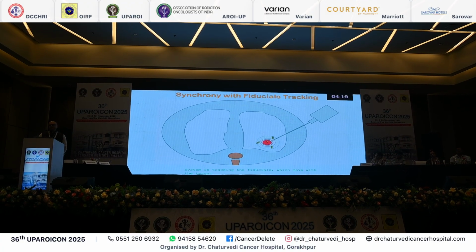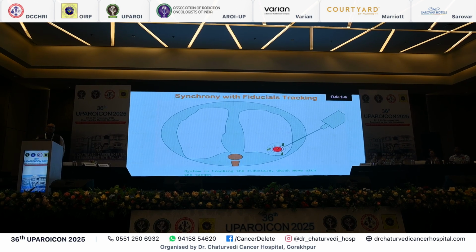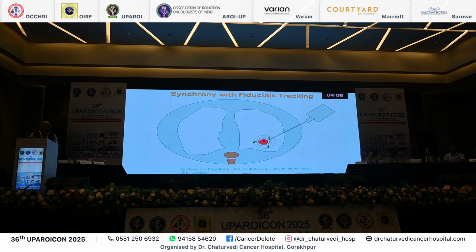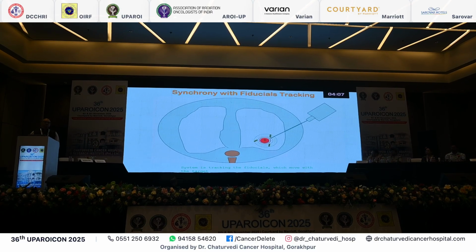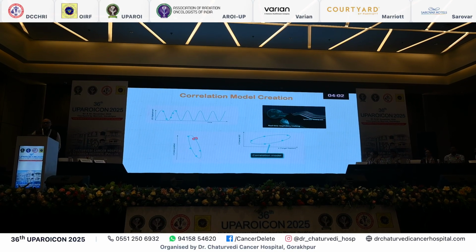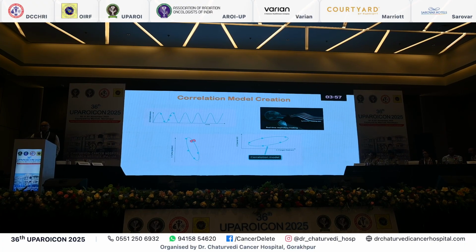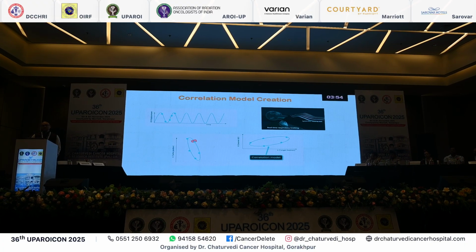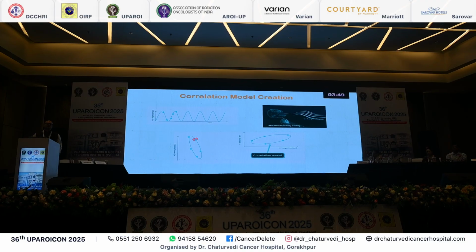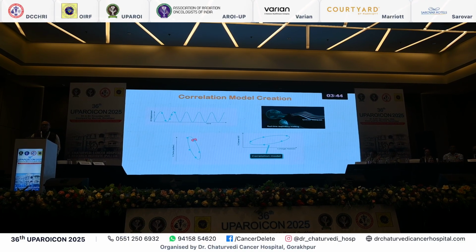And this is a real-time, beautiful monitoring. And now the latest systems, and we are fortunate at Kalyan Singh, we are in the process of installing our CyberKnife, which has a multi-leaf collimator also, which will reduce more of the treated volumes. Unnecessary volumes will be reduced. So all these create a correlation volume, which is being tracked. As soon as the target moves out of the correlation volume, the treatment stops. And when it again comes into the correlation volume, the treatment restarts.